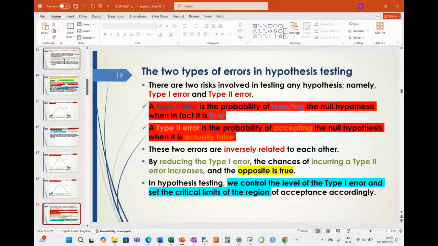In statistics we want to see the trend; it's not to say everyone is the case. Remember, they said type 1 error is where we reject the null hypothesis, but the hypothesis was actually true. And type 2 is where we accepted the null hypothesis, but the null hypothesis was actually